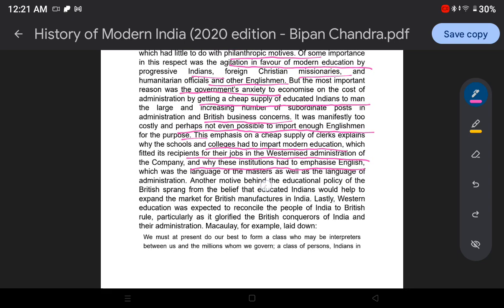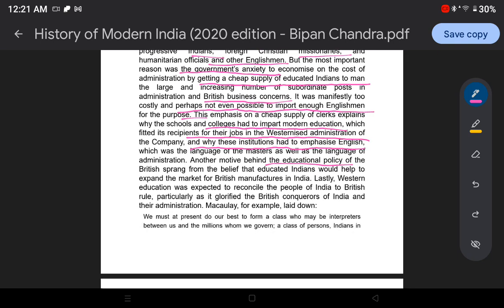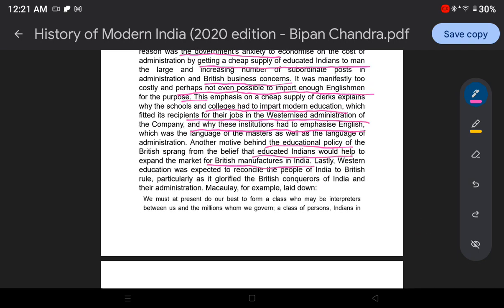Another motive behind the educational policy of the British sprang from the belief that educated Indians would help to expand the market for British manufactures in India. Lastly, Western education was expected to reconcile the people of India to British rule. Particularly, it glorified the British conquerors of India and their administration. Macaulay, for example, laid down: